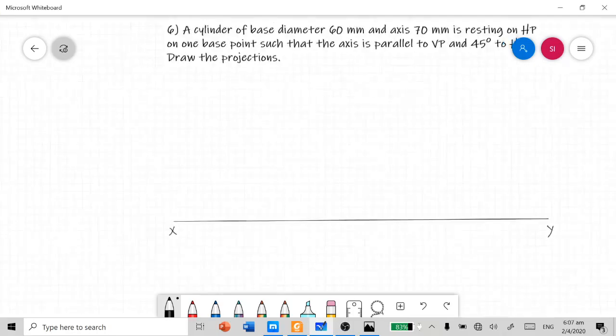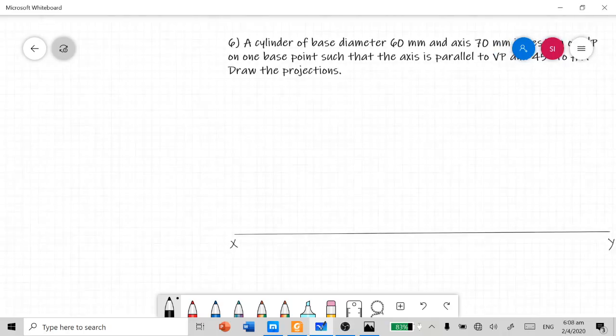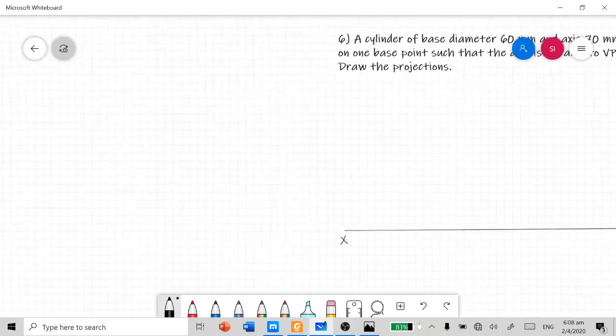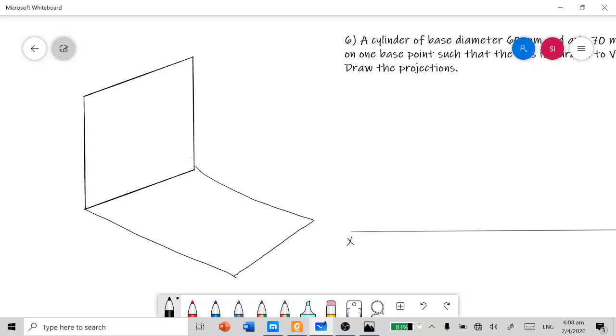Like the previous solids problems, here also first we have to decide where to start the answer. That is the base view of the cylinder, a circle, where this will be drawn, whether in front view or in top view. That's based upon the axis condition of the solid, as we already know. So here the solid cylinder is resting on HP by one of its base points, and the axis is inclined at 45 degree to HP